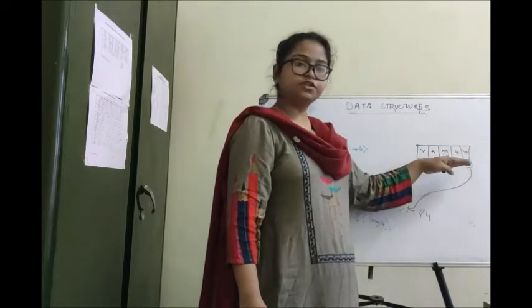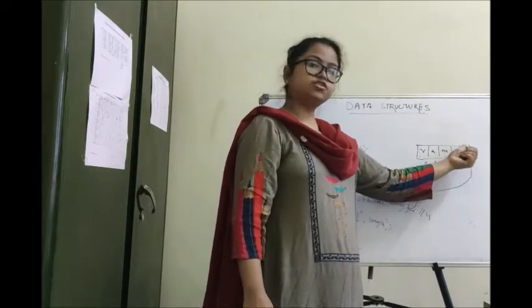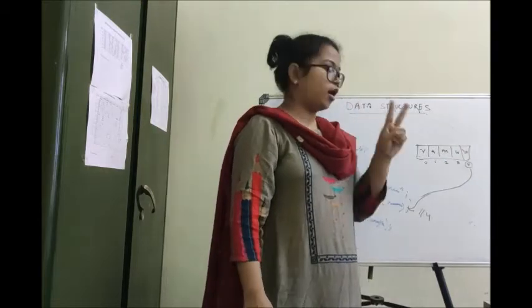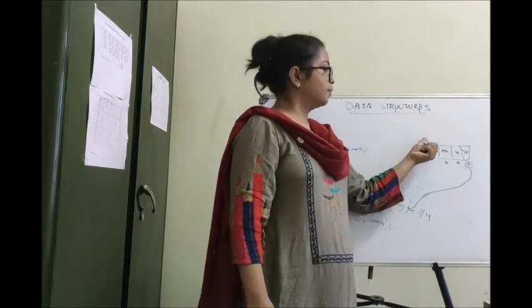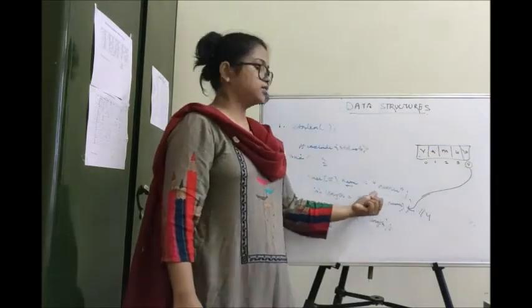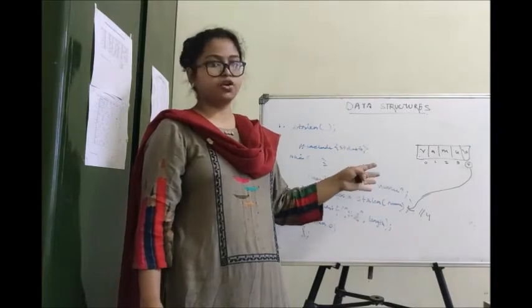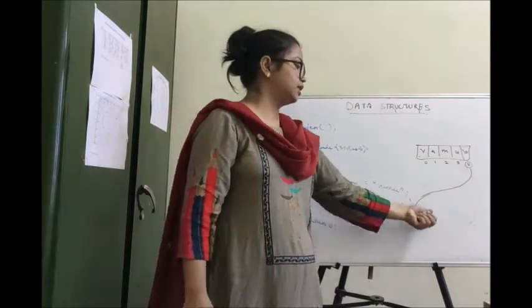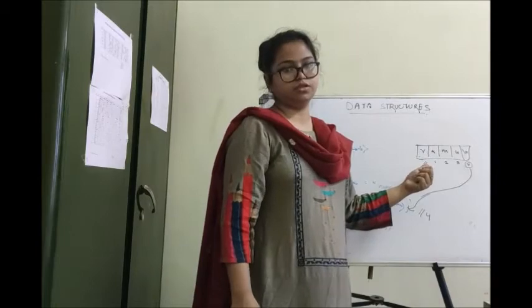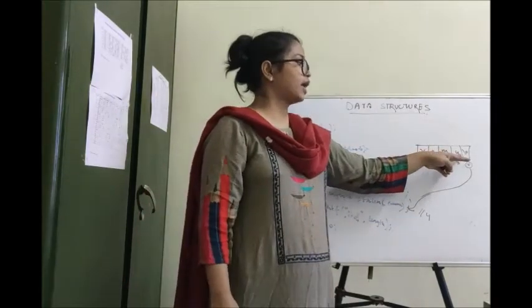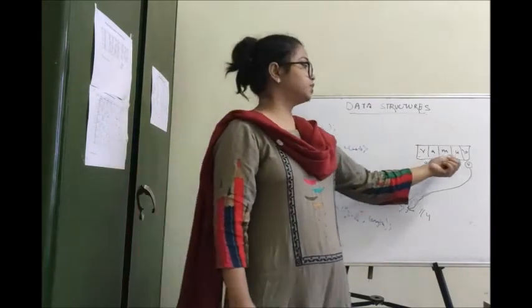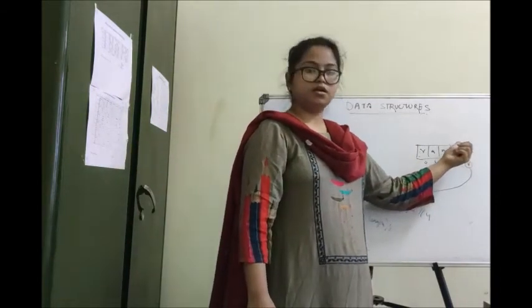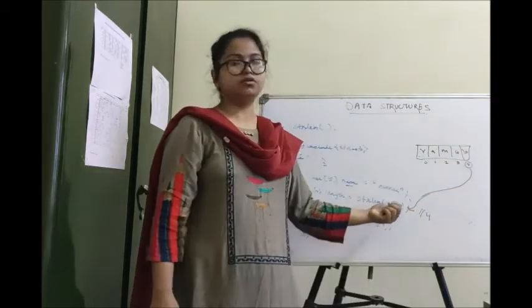Okay. You can think of string length as the index of the null character, number 1. Otherwise, number 2, you can count the number of actual characters that is returned by string length. Either way you can think, but the number is always the same in both the cases. Okay, so there are 4 characters excluding null. That is why it has returned 4. Otherwise, you can say the index of the null character is 4, that's why it has returned 4. Okay, so this is how string length works.